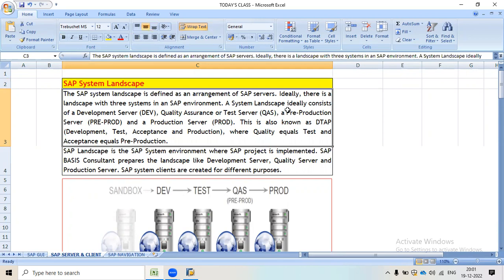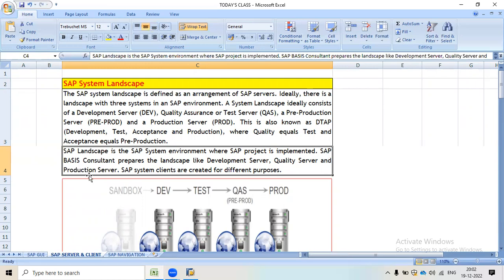A system landscape ideally consists of a development server, a quality assurance or test server, a pre-production server and a production server. This is also known as DTAP: development, test, acceptance and production, where quality equals test and acceptance equals pre-production. The SAP landscape is the SAP system environment where SAP product is implemented.